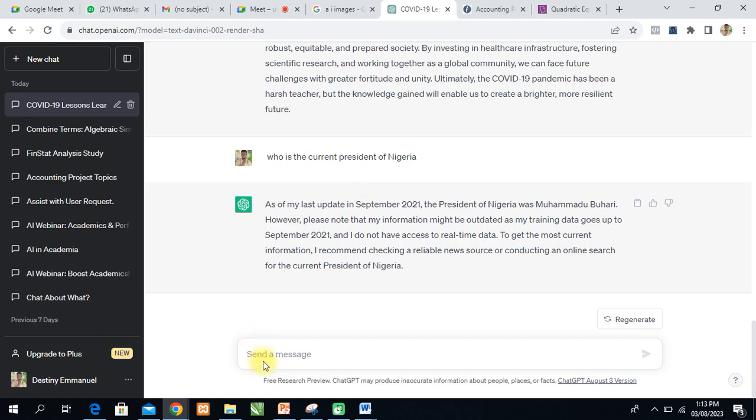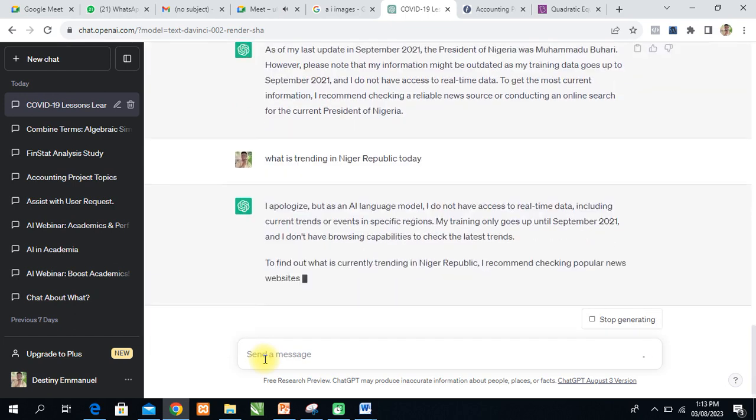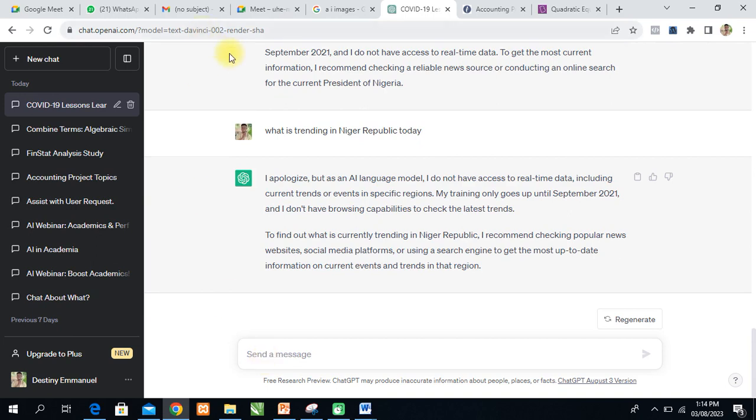So let us ask another one. What is trending in Niger Republic today? ChatGPT cannot tell us. ChatGPT will not tell us that there is a coup d'etat in Niger Republic. As you can see, guys, it says I do not have access to real-time data, including current trends or events in specific regions. So guys, these are some of the limitations you will have when using